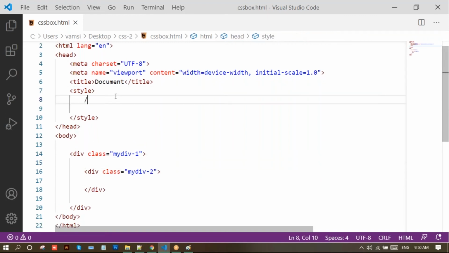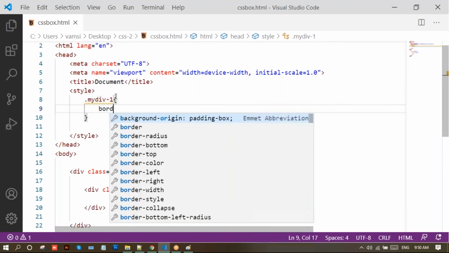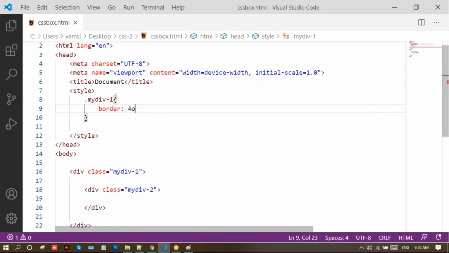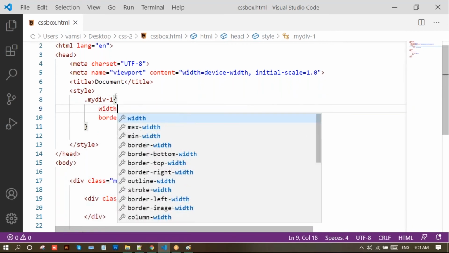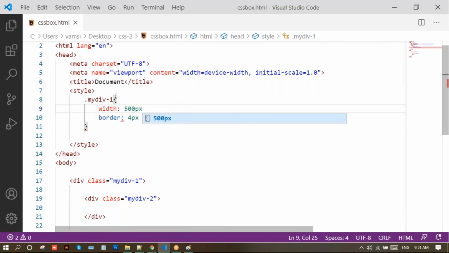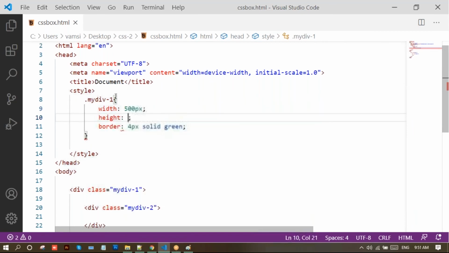My div. So for this my div, my div1, just write border 4 pixels, solid green, just write width 500, height 100 pixels,